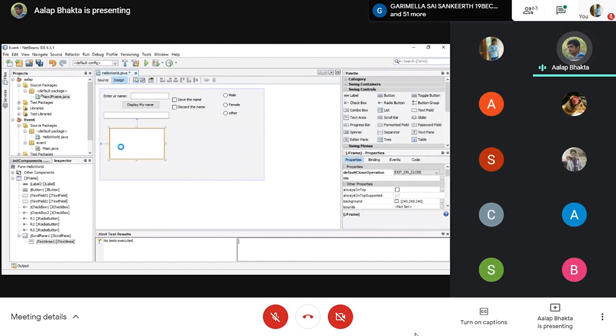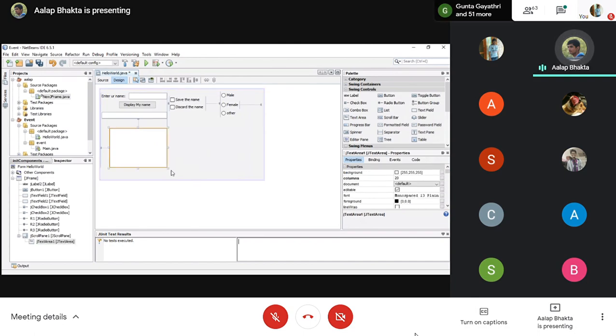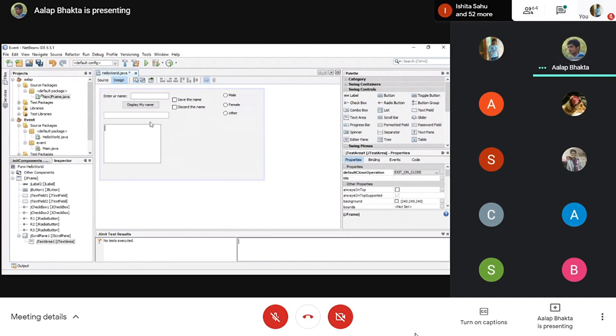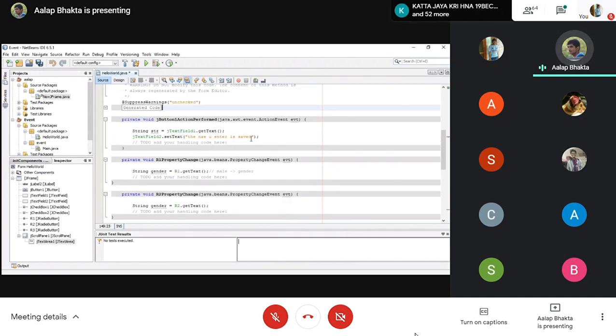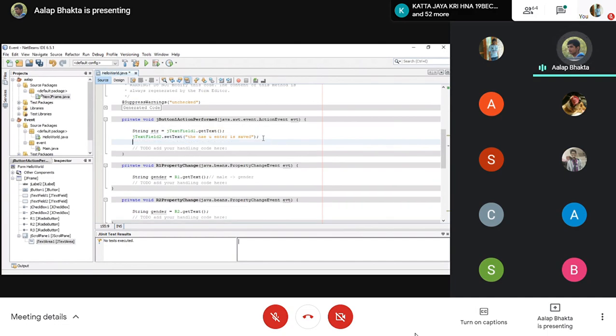Now I will add this text area, which is basically a text field. But if you want multiple lines of output, you can use this text area. For getting the output of the text area, you just need to add the variable name, text area